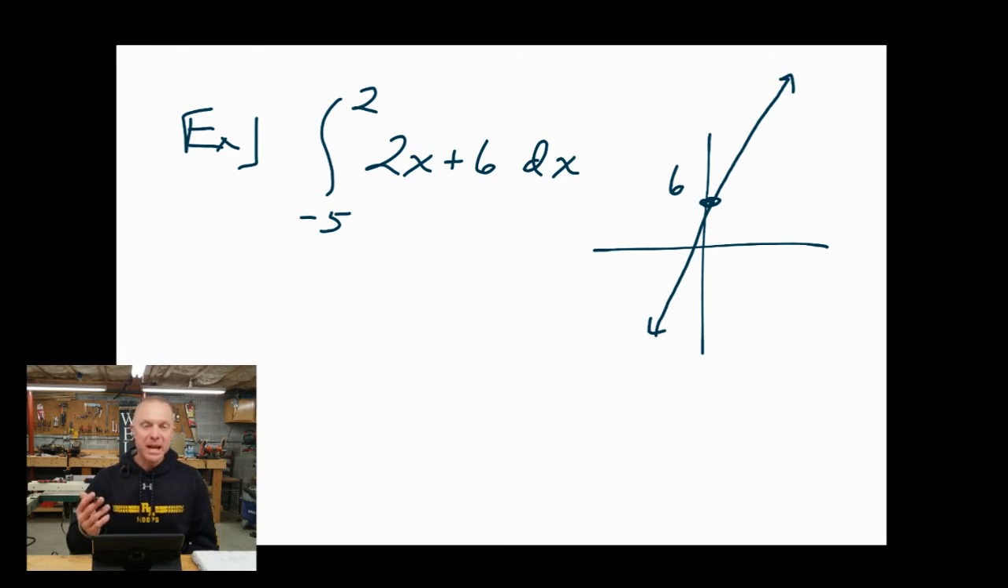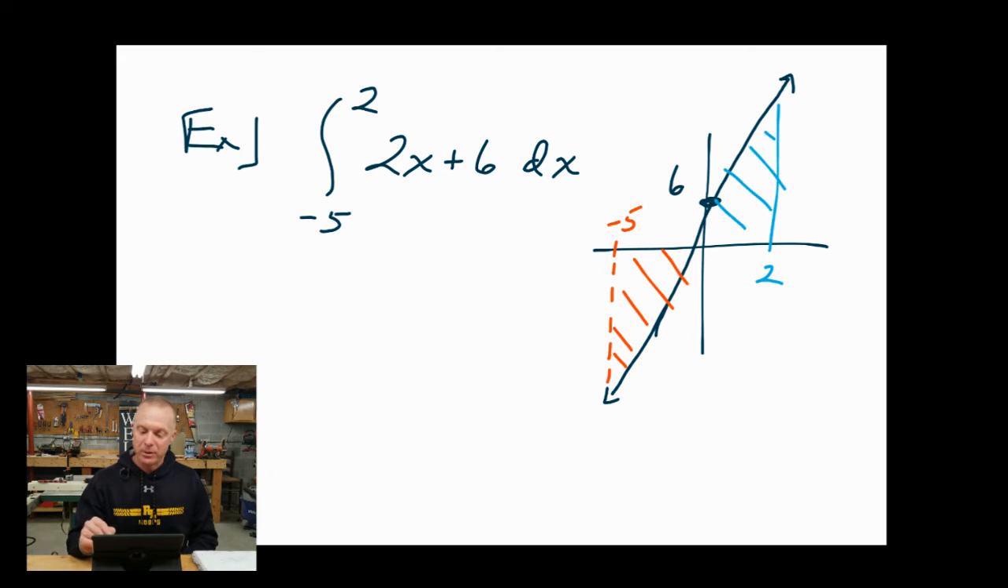But where's -5? Gotta give myself a little more space here. -5 is probably out around here. And where's 2? Maybe it's right there. Okay, we start to see these areas. The area is always between the graph and the x-axis. So we have a triangle that's below the x-axis right here, and then we have another triangle that's